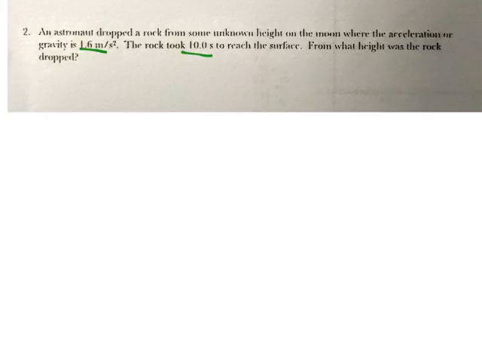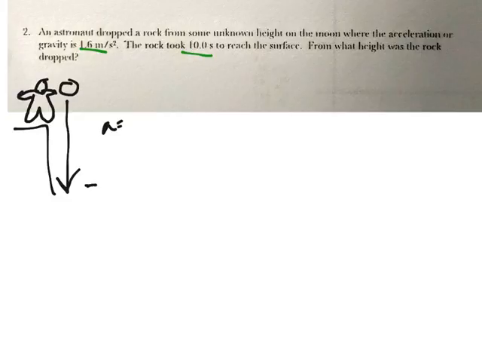Alright, so let's draw a picture. So we've got some astronaut. He's puffy because he's in a suit. He's on the moon. He has this rock. Maybe he's on a cliff, I don't know, and it's going to fall down, but not quite as fast. The acceleration is going to be, and again, I'm going to call down negative and up positive, so it's going to be negative 1.6 meters per second squared. We know that the time took 10 seconds,